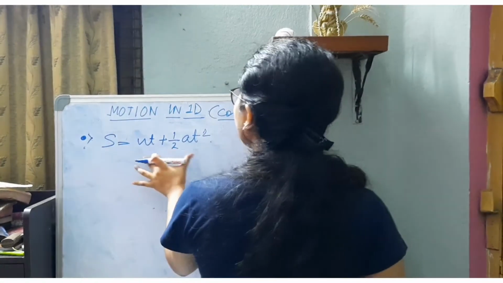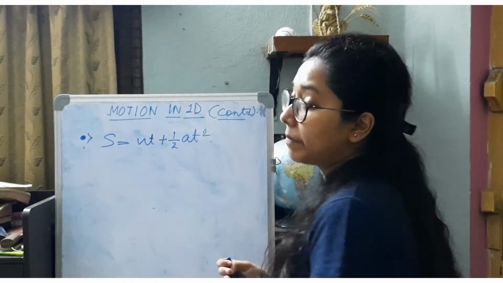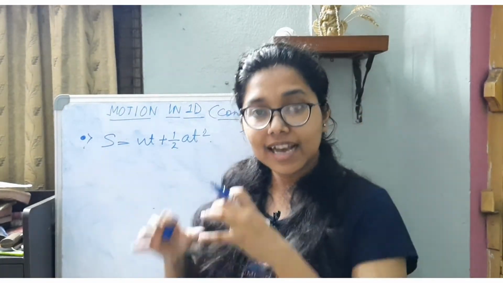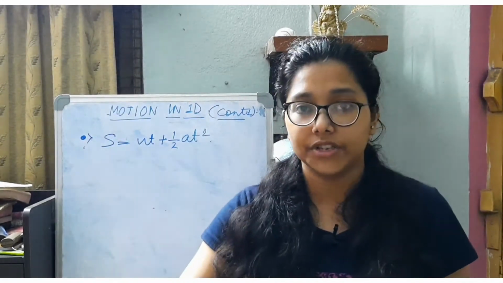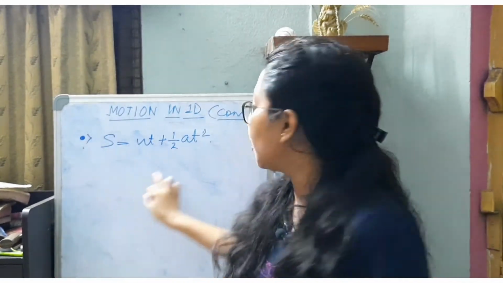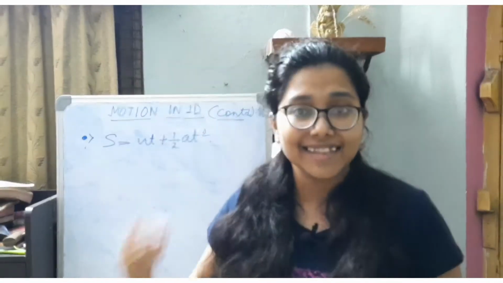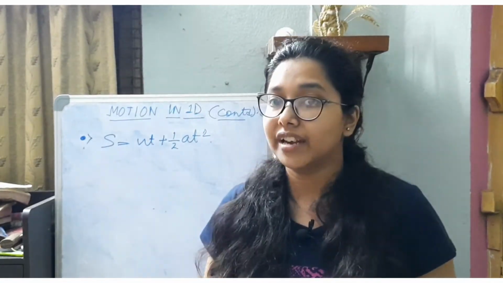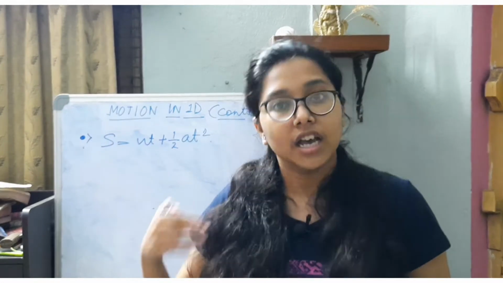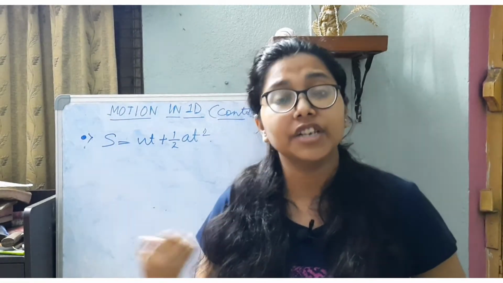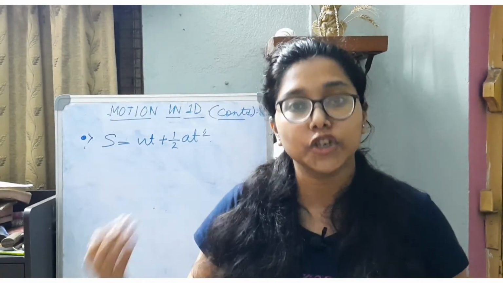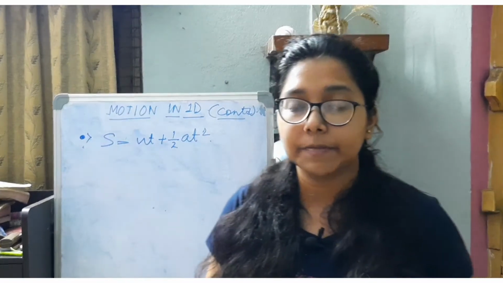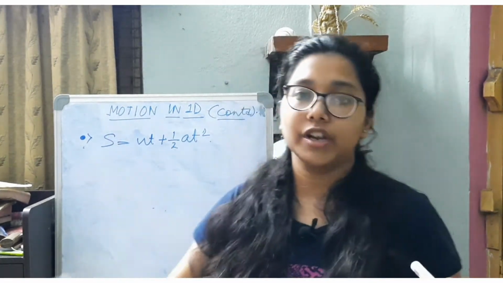So when I am trying to prove this, first of all, what is displacement? Displacement is the average velocity into time, if it is not a uniform velocity. Why not a uniform velocity? Because here there is an acceleration, this is an accelerated motion, so there is no uniform velocity here. We have to go for the average velocity, because it is an accelerated motion, means there is a change in velocity with respect to time. So we have to go for displacement as average velocity into time.